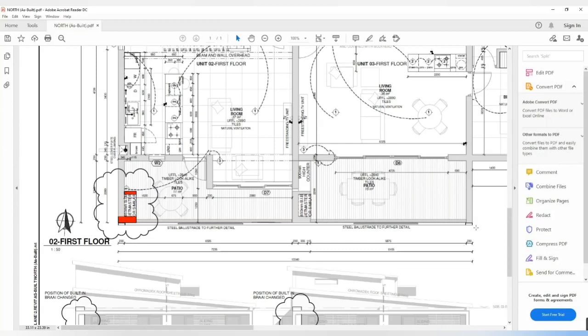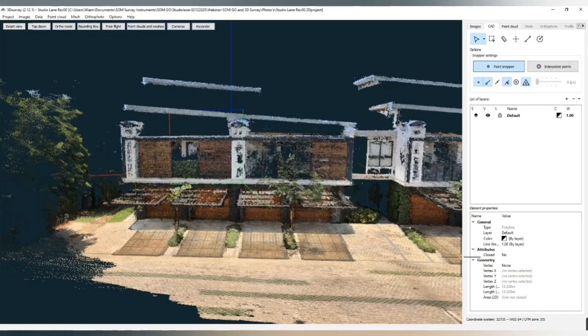And as you can see, this was from the left corner to the right corner on the extremities, and that brings us to the side distance. So 12 millimeter deviance just shows you how accurate the SOMGO can be when you combine it with 3D survey software. And I don't think that anybody that has taken photos with a device has been able to get this type of accuracy out of their 3D model. And this just shows why it is so important to have a tool like this in your arsenal to get